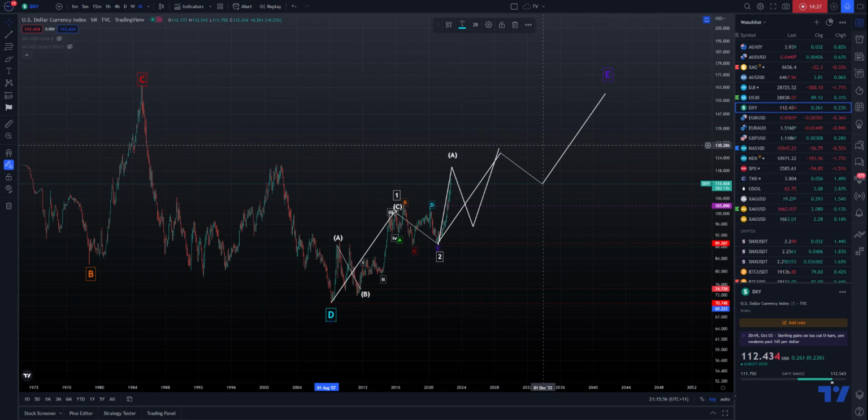Okay, and if I'm not mistaken, we're in the middle of it all. There might be a little bit of relief here and there, but in my opinion, we are right in the middle of it, and we're probably going to see a lot more pain as we trace out this really complex wave E,